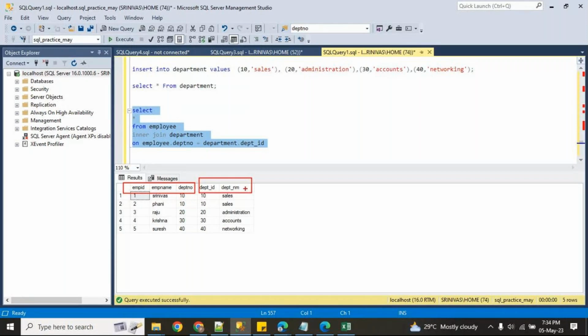I'm repeating once again. When I am using join, forget about the output, guys. In the select statement, if I am using star, from the employee table all the columns you will get, and from the department table all the columns you will get.